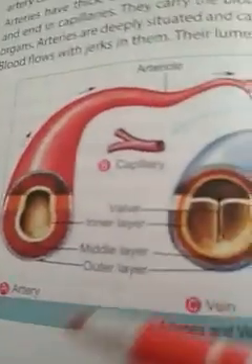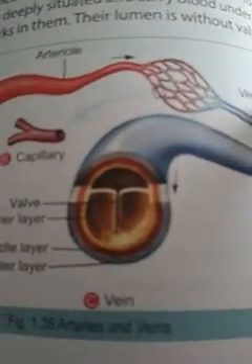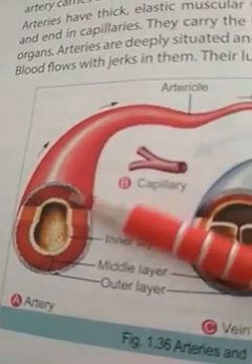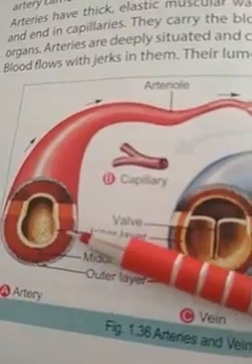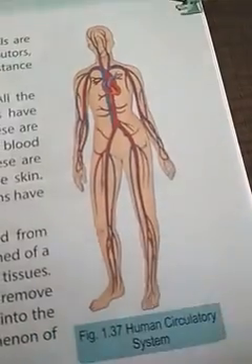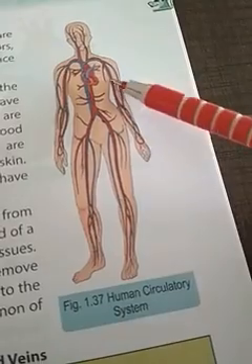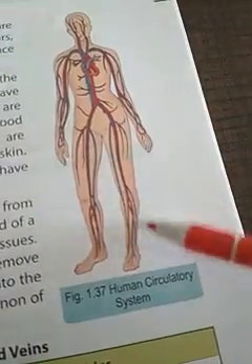And the second is the blood vessels. Blood vessels are of two types: arteries and veins. The blue color you are looking at here is the vein carrying deoxygenated blood. And the red color is carrying the oxygenated blood. The wall of the artery is thick. Arteries have thick walls, and the complete transportation system in the human body is like this, starting from the heart and going to different parts of the body, right to the brain, arms and legs also.